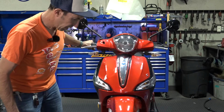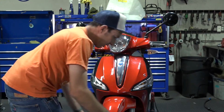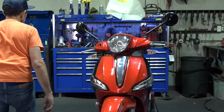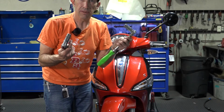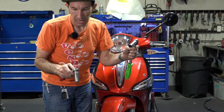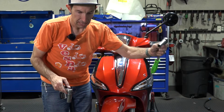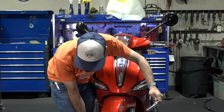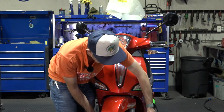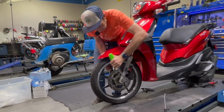I'll show you all the tools needed. Pretty much need a combination wrench. I think 18 and a 19 is what you're going to need. So you don't necessarily need to have two separate ratchets. You can have a combination wrench. But you have the 18, I have that on my left here, and the 19's on my right. Set these up. And we're just going to go ahead and